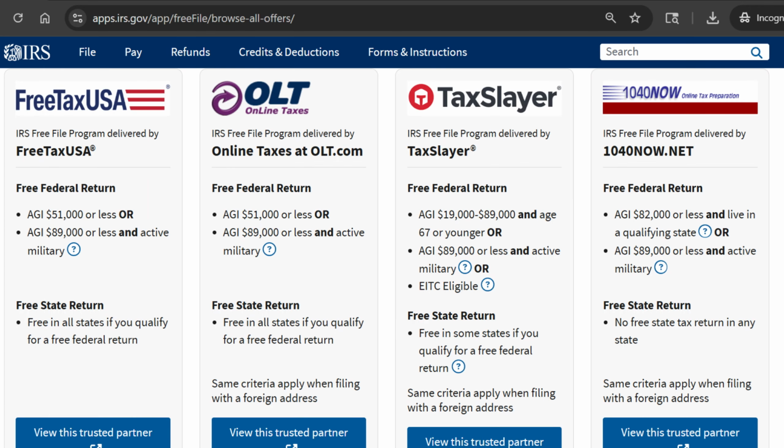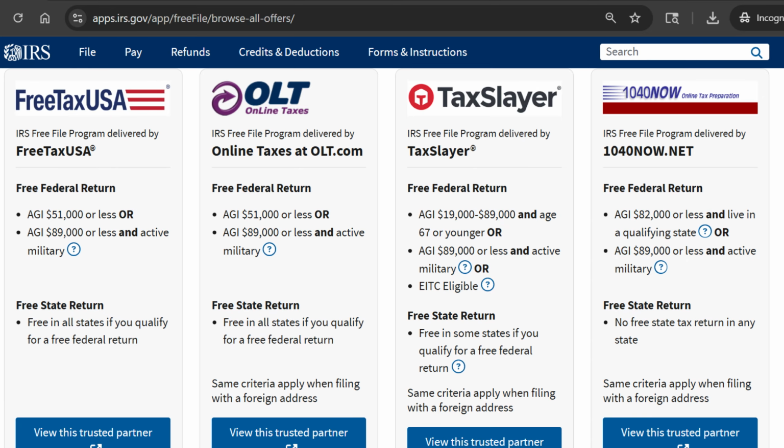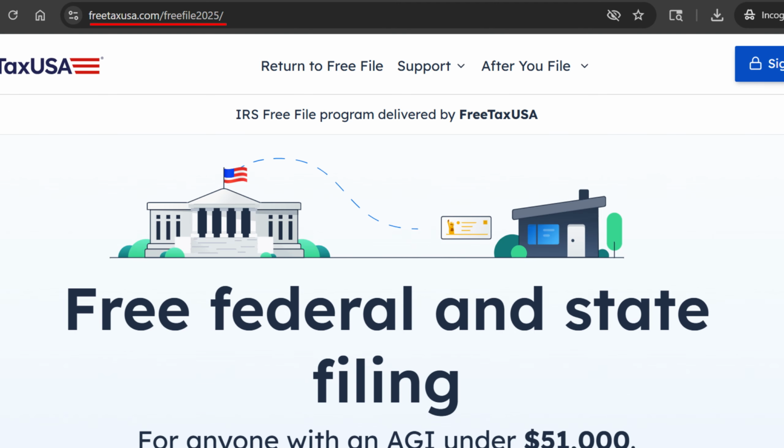So let's look at the IRS Free File website again. FreeTaxUSA. A personal favorite of many people is FreeTaxUSA. Under FreeTaxUSA at the Free File website, click on View This Trusted Partner to go to the Free File section of FreeTaxUSA. That will be at